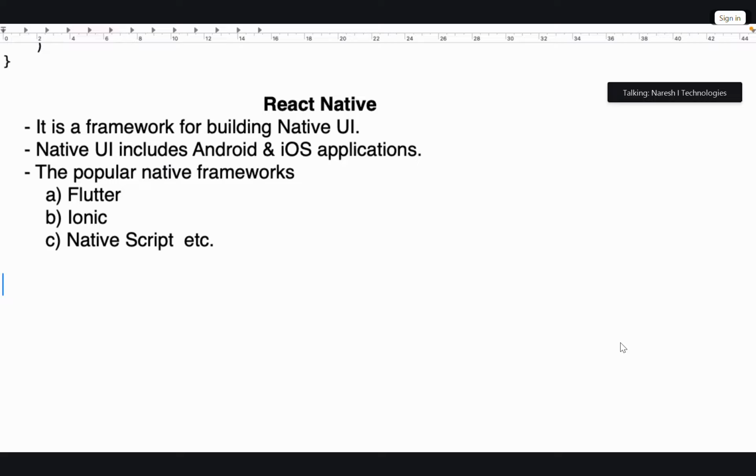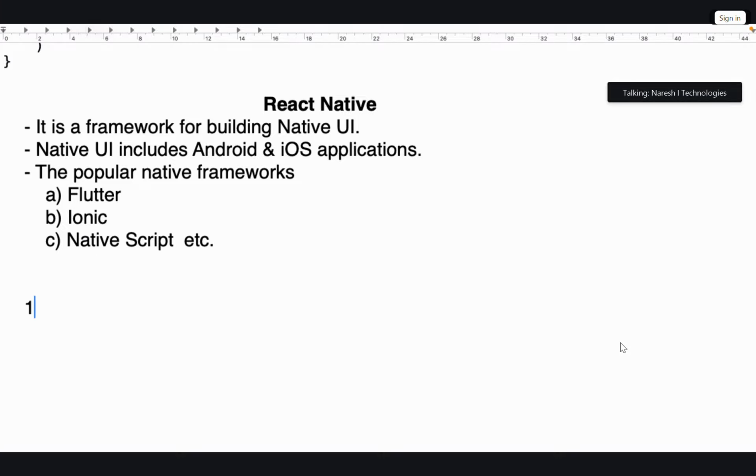Mobile has separate components to display text, image, and button. You have to use their components. What is the advantage? They are native for mobile interface, that means Android and iOS native applications. We cannot even test them directly; to test you need a separate user interface. I'll just show you the interaction.